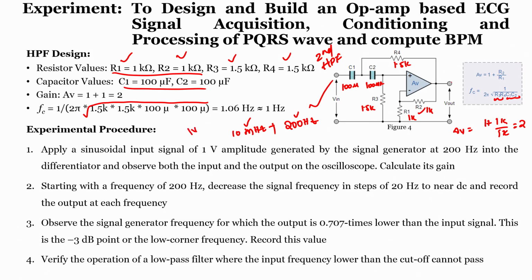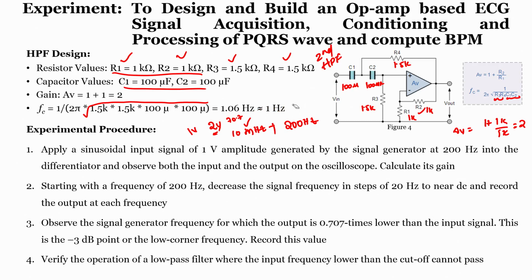Now, since the gain is 2, we will get an output of 2 volts, that we can observe, and we look for the output to be 70.7% of the maximum. Since the output is 2 volts, that means 1.414. As long as the output is lower than 1.414, that means the signal is attenuated, that is below the 3 dB line. When the output is higher than 1.414, that means the signal is being passed, that is greater than our 3 dB line. The point where it is almost equal to 1.414 volts, I can say this is the cutoff frequency of our high pass filter, right.